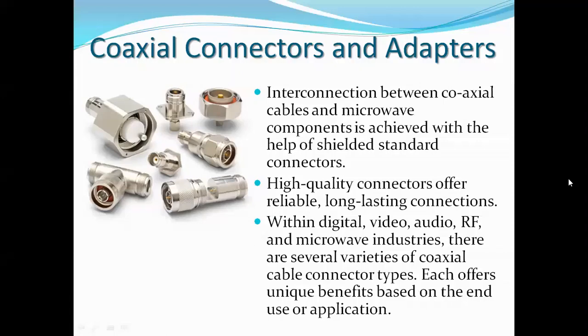You can see different things here, the connector shapes as well as the size of the connectors. The outer shield makes 360 degree connections, which have a low impedance joint, so that it will maintain the shielding integrity. You have to maintain that standard so that the connectors will not have any problem when they connect to the coaxial cable and to other devices. These connectors have different frequency ranges and cable parameters. Which are commonly used, you can see in the next slides.